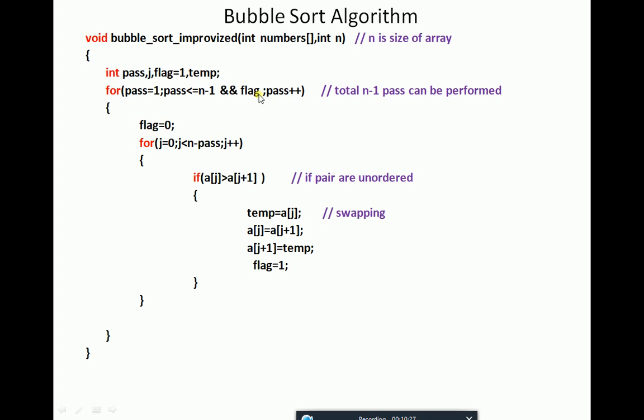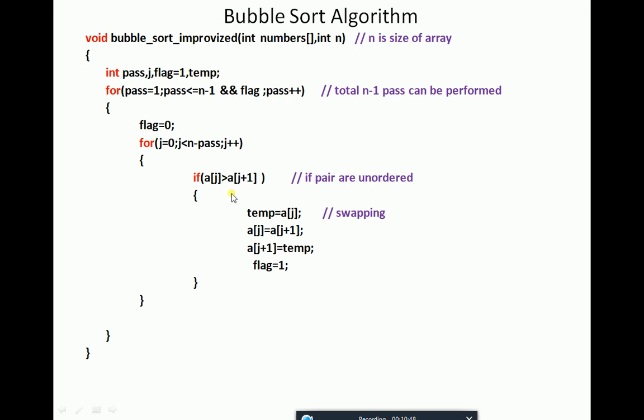To implement this, we have taken a variable flag equal to 1, and we have put this flag under the condition of the outer loop here. And whenever the control enters this outer loop, we reset the flag to 0.